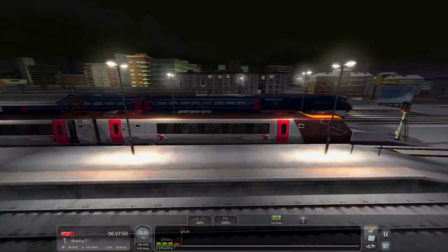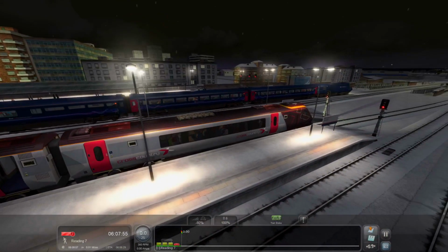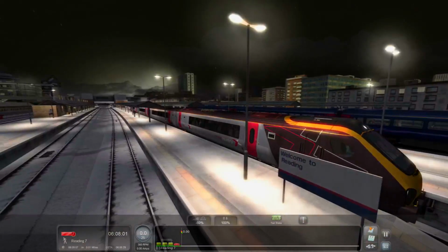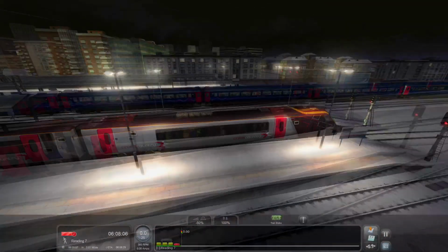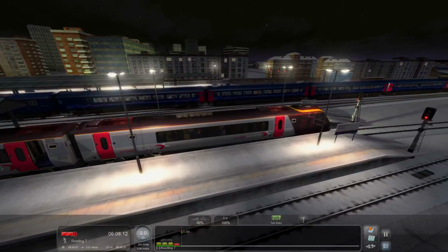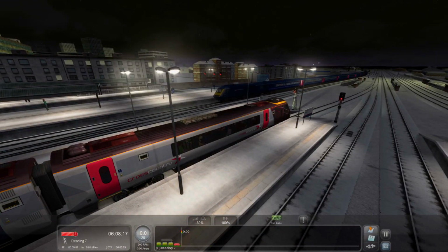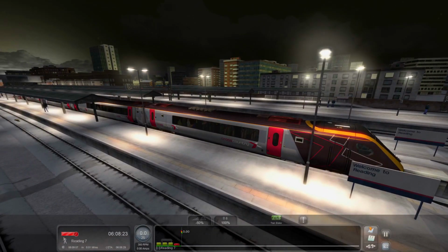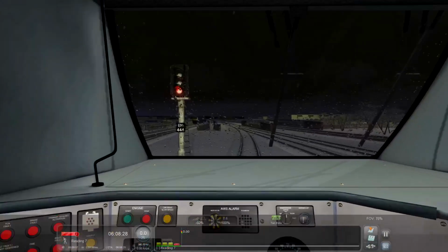Oh, there's a HST going out. I was wondering what was making all that noise. It's a HST. The HST just looks better than the 220, I think. This is meant to go fast and it's meant to be sleek and it's the new thing that took over from the HST, but you can't beat the HST. It just looks really good, doesn't it? Those power cars, this is sort of like a combined passenger and power car. They're just not as good as the HST, I don't think. But the HST is old hat now, so